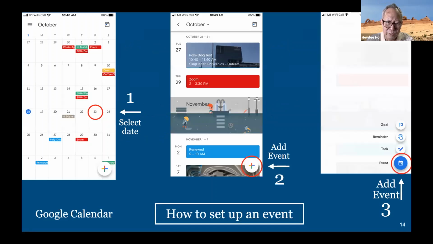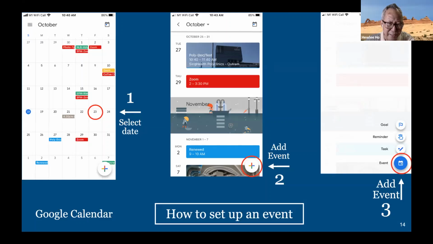But here there are some notes. Google Calendar, as you know, lets you create different colors. Different colors can represent different people, or different events. For example, red may be my medical appointment, green may be appointment with friends, and gray may be appointment for my wife, whatever my wife wants me to go along with. So you can create any color or any way you like, as long as you remember what you have done.